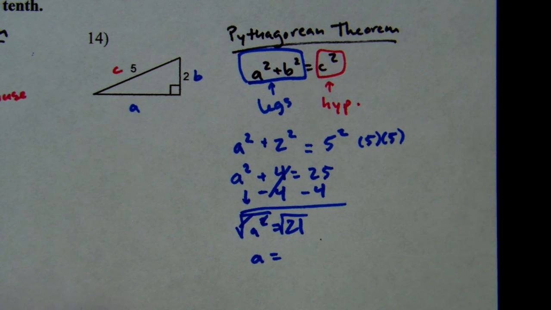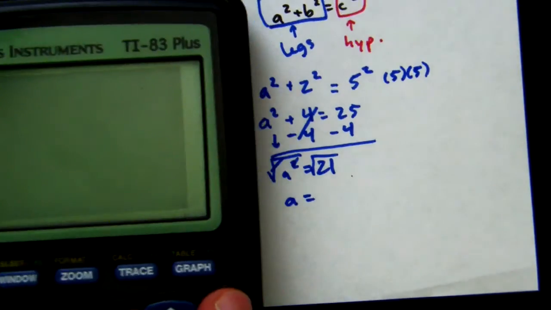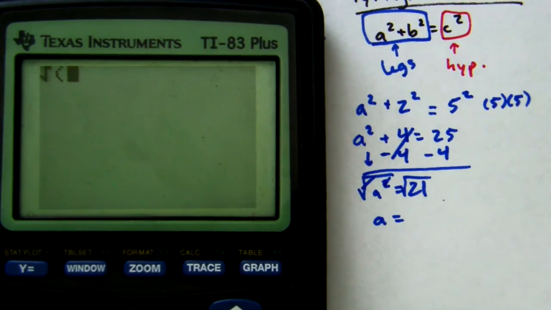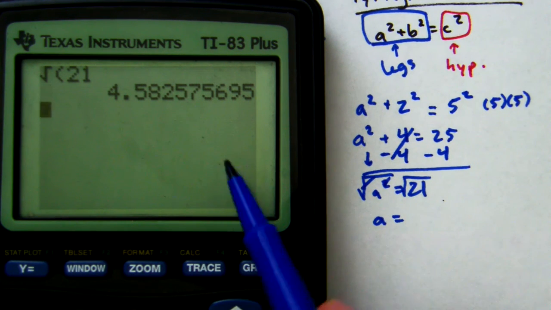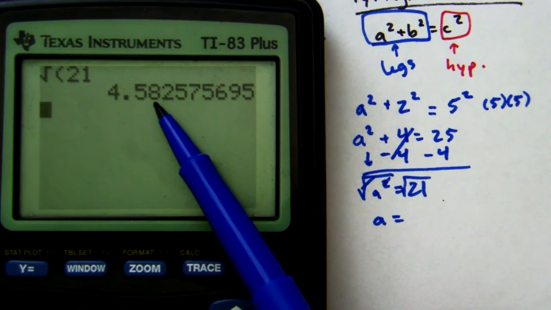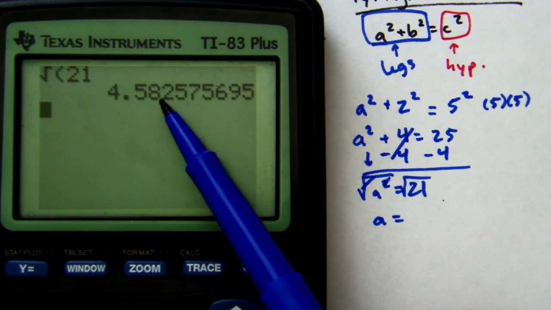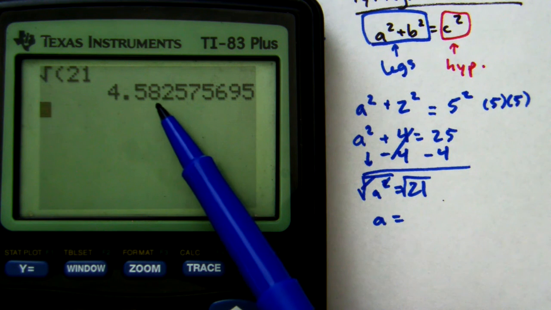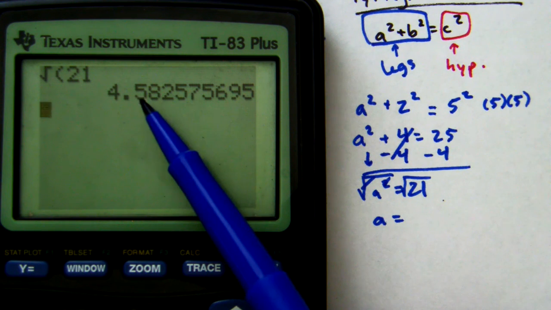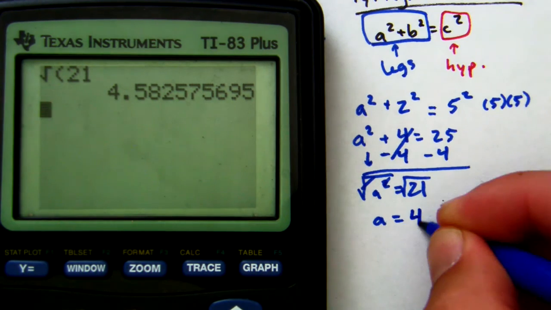Now, every calculator is different, but for my calculator, I'm going to plug in, and there we go, square root 21. And our directions say we round to the nearest tenth. So let's take a look at this. The tenth is going to be the number 5 right here. So we look at the number right next to it. If it's between 0 and 4, we keep this number the same. If it's 5 or greater, we bump it up. So 8 is actually 5 or greater, so we're going to take this 5, we're going to add 1 to it, and our answer is going to be